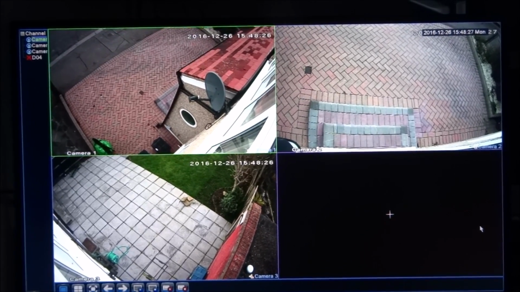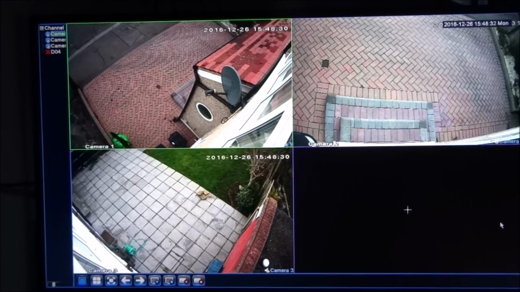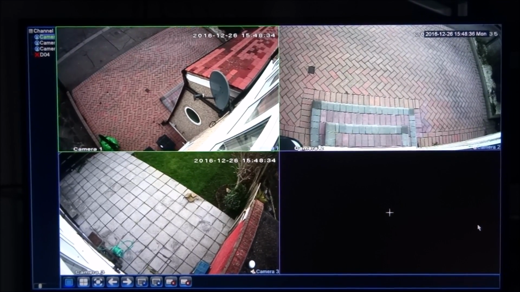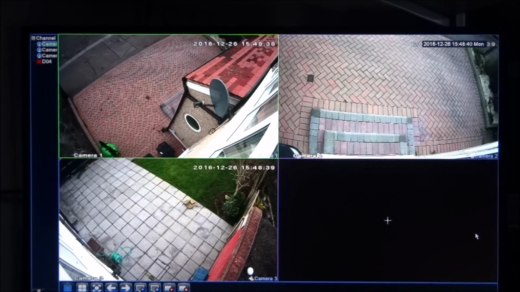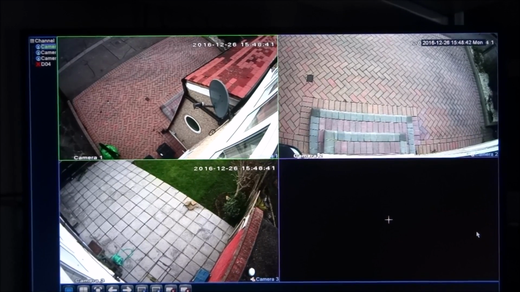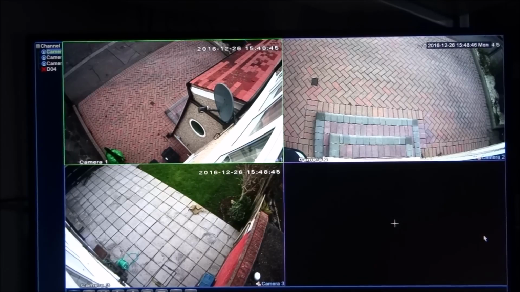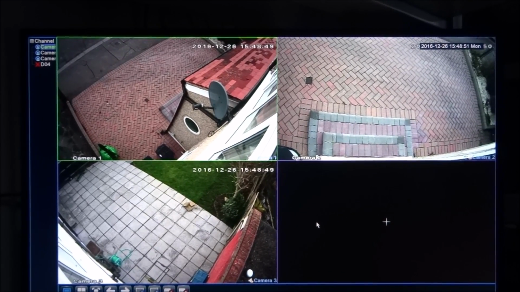Hi there. Today I'm going to show you the different connectivity options for a CCTV system I've installed. The details of the system are in the title and description of this video. It's a power over Ethernet system, 1080p. So this is the connectivity at the console itself of the actual